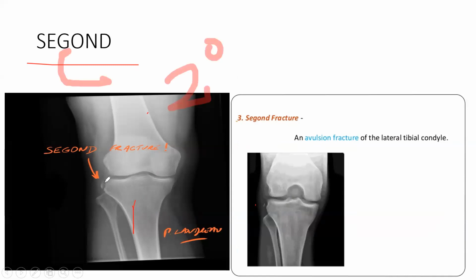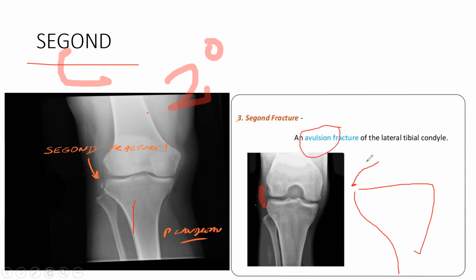Okay. So you see this is avulsion fracture. Avulsion fracture मतलब क्या होता है? यहाँ से ligament के साथ chip निकलता है. So बहुत बड़ा fracture नहीं होता. So if this is your condyle, okay. So एक बहुत छोटा chip निकलेगा. So it's an avulsion fracture. This fragment will be connected to some ligaments. Okay. So इसको avulsion fracture बोलते हैं. Of the lateral tibial condyle. Okay. Lateral tibial condyle का fibula के पास का condyle से